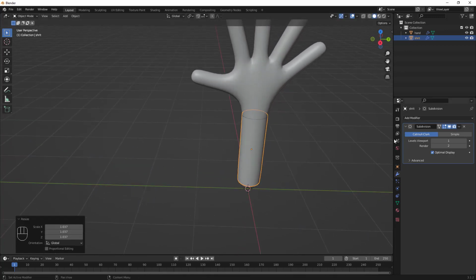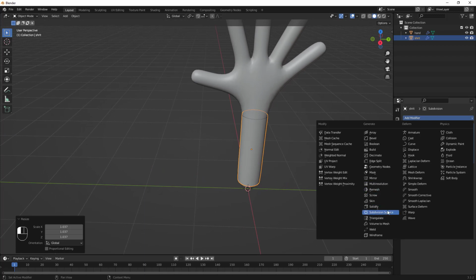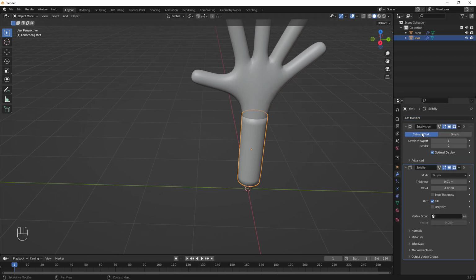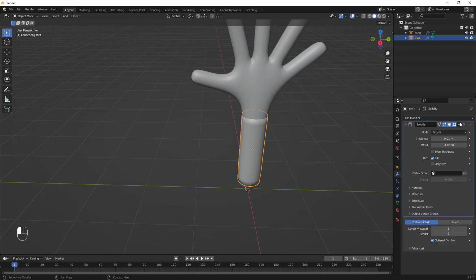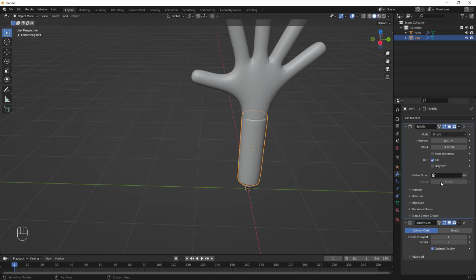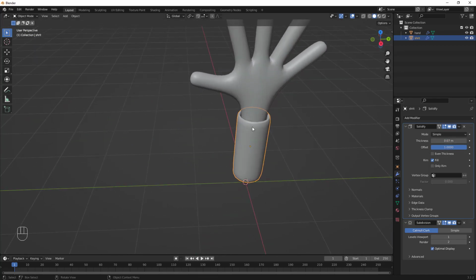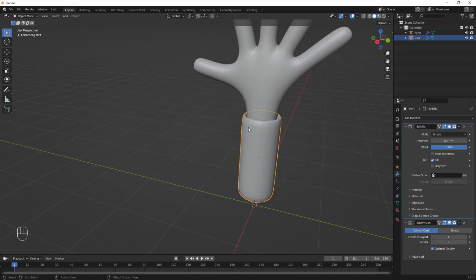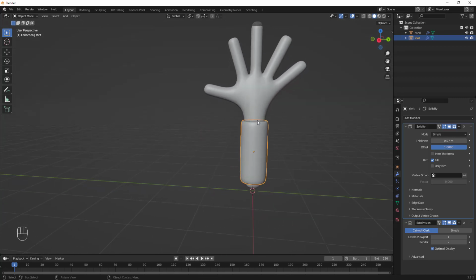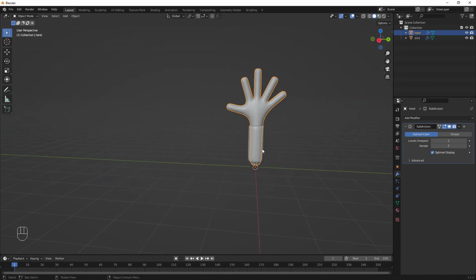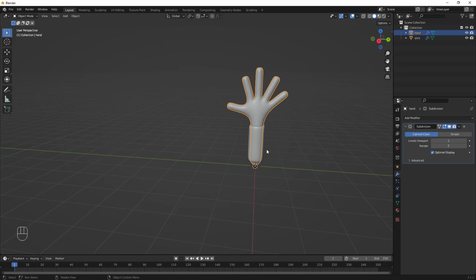Okay, next let's add a solidify modifier here, and let's change the offset to 1. Let's increase the thickness a bit like this. Okay, so we have our shirt, nice and simple, and we have our hand. Okay. So next